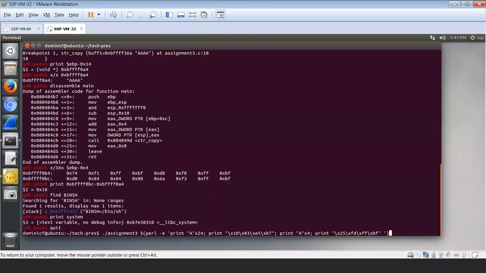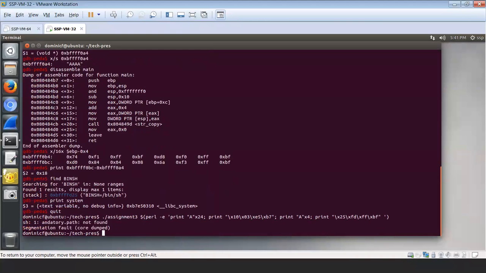So I want this to go as an argument to the system function. So it's BFFF FD25. When I tried to run this, I thought it was all set, but I see I really didn't get a shell. However, the shell did give me some information that it really shouldn't give me. So I see here that when I run this command, I got back some text, and what it's doing is